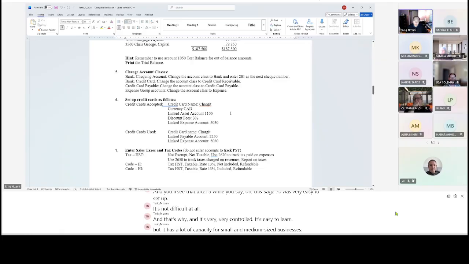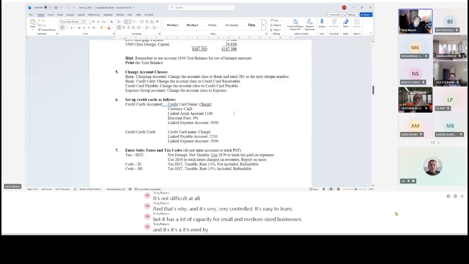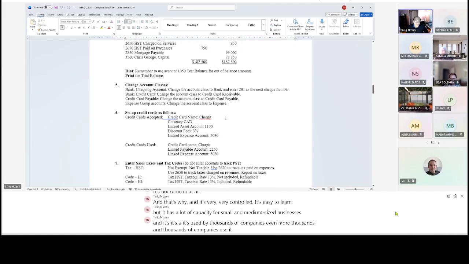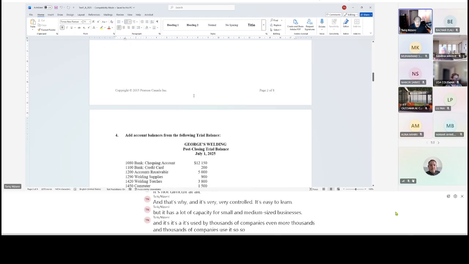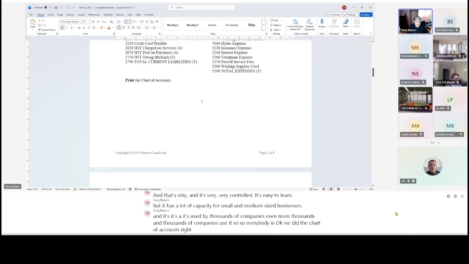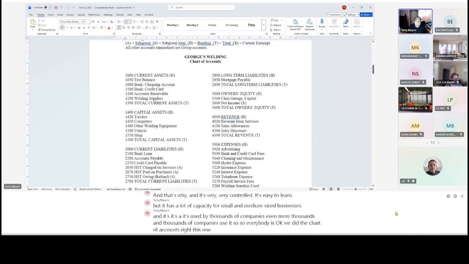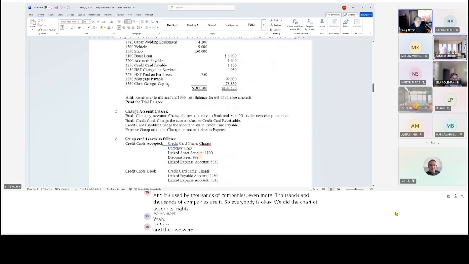And it's used by thousands of companies, maybe even more. Thousands and thousands of companies use it. So everybody is okay? We did the chart of accounts, right? This one. And then we were at this point here,